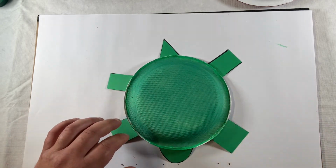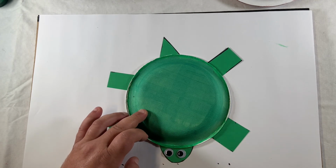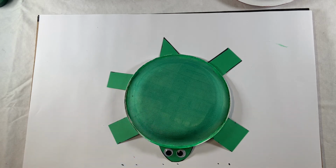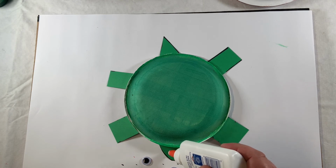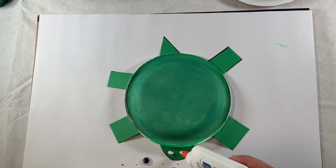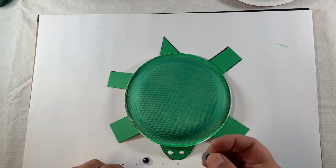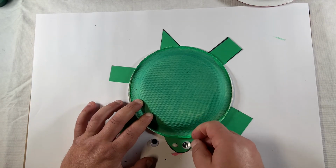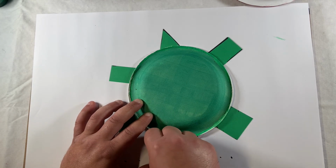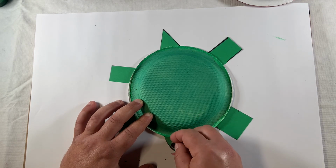So I think what I'd like to do now is to find my googly eyes. And I'd like to glue my googly eyes onto my turtle head, which I will do with just a couple drops of glue. And right there. And then I'm using my fine motor skills, a good pincer grasp with these googly eyes, some good shifting involved. And I'm going to place one eye on this drop of glue here. I'm going to use my pincer grasp again with some good shifting to place my second googly eye on the